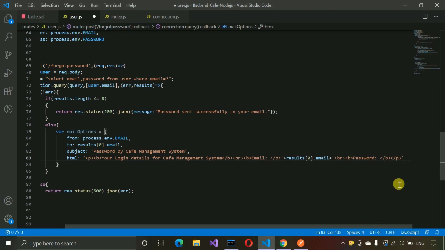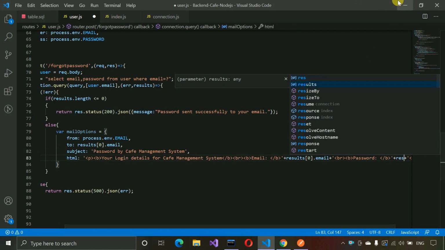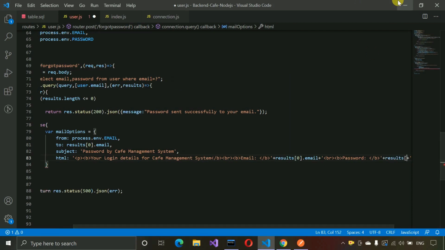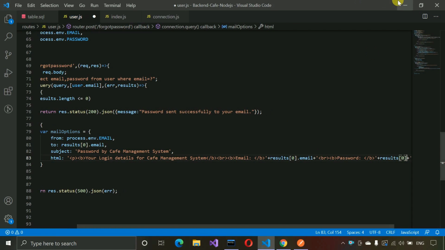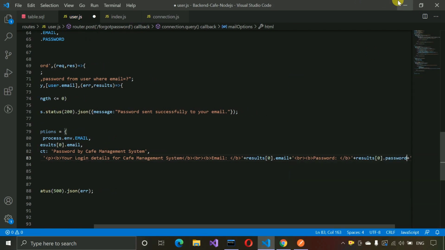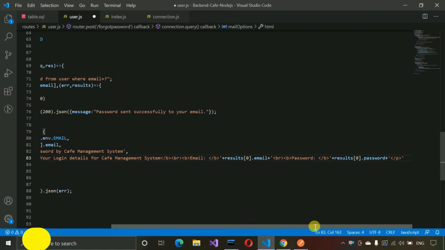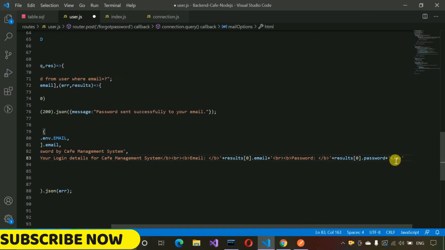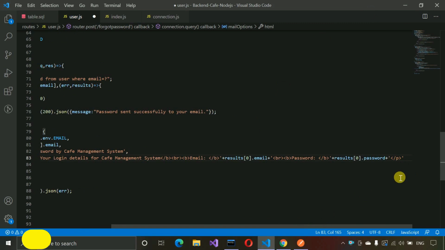After password we are going to put a little bit space over here, that will be good actually. Let me move a little bit right. After bold actually we have to write that again plus plus results at 0 dot, and here we are going to write password. Let me move a little bit right, here you can see. And after this we are going to again break that line,